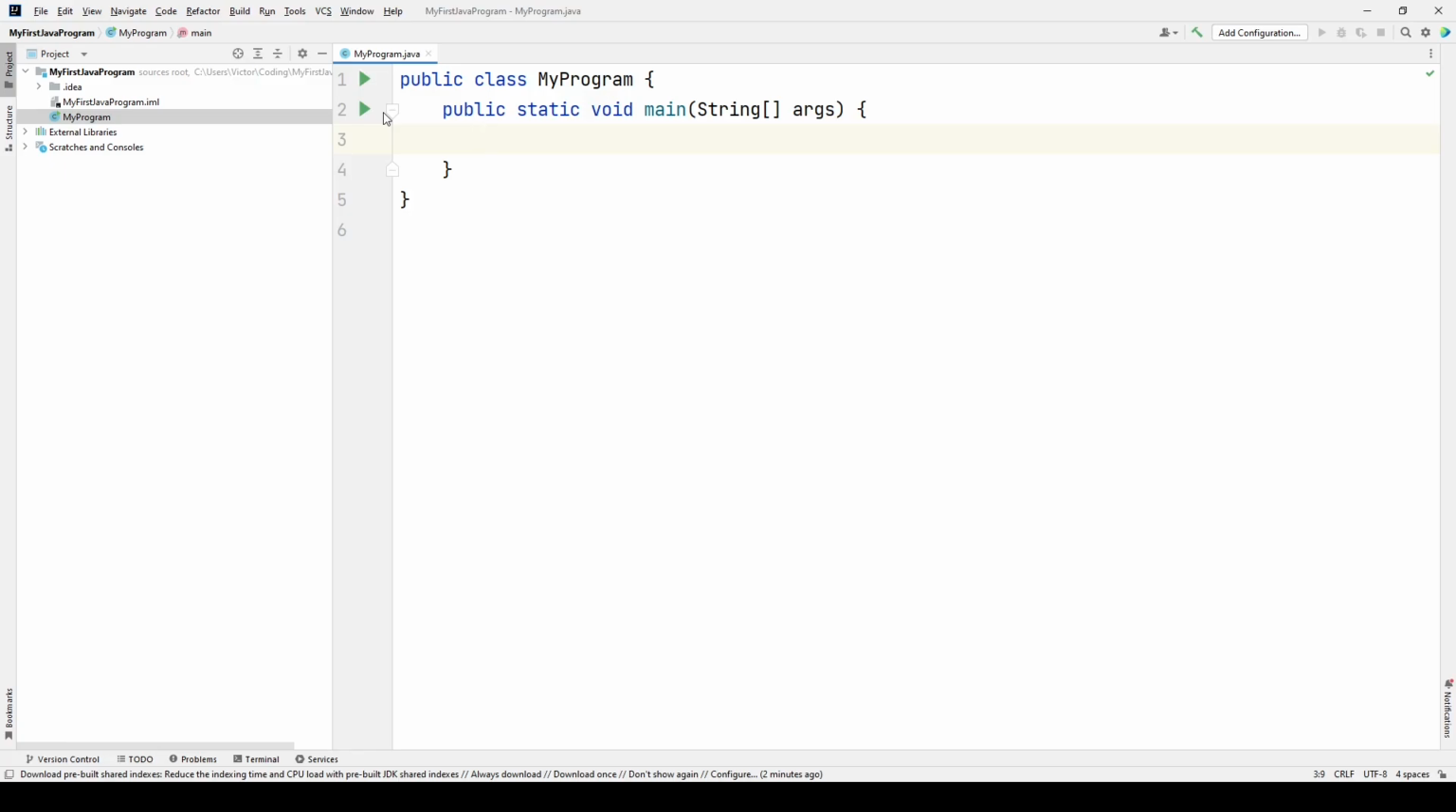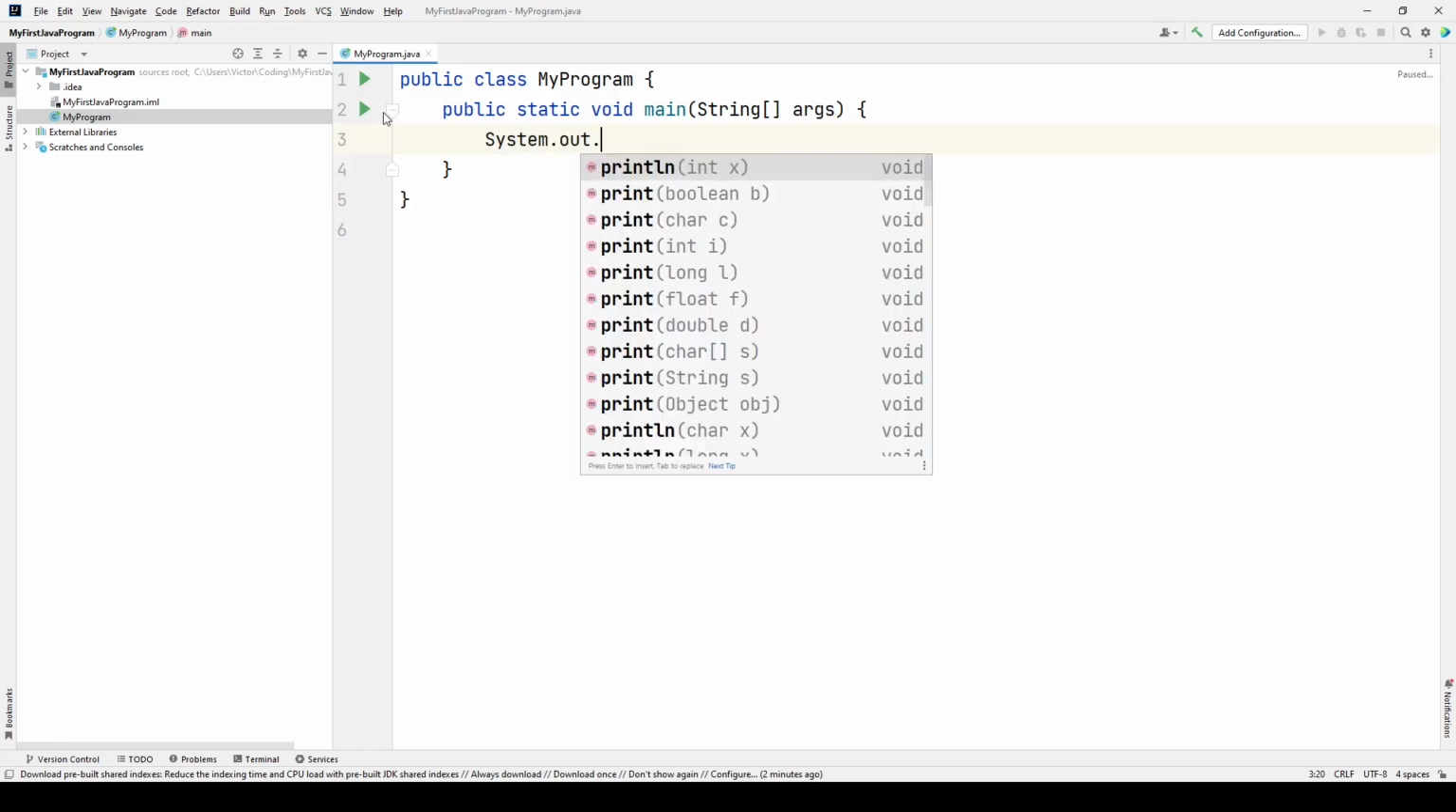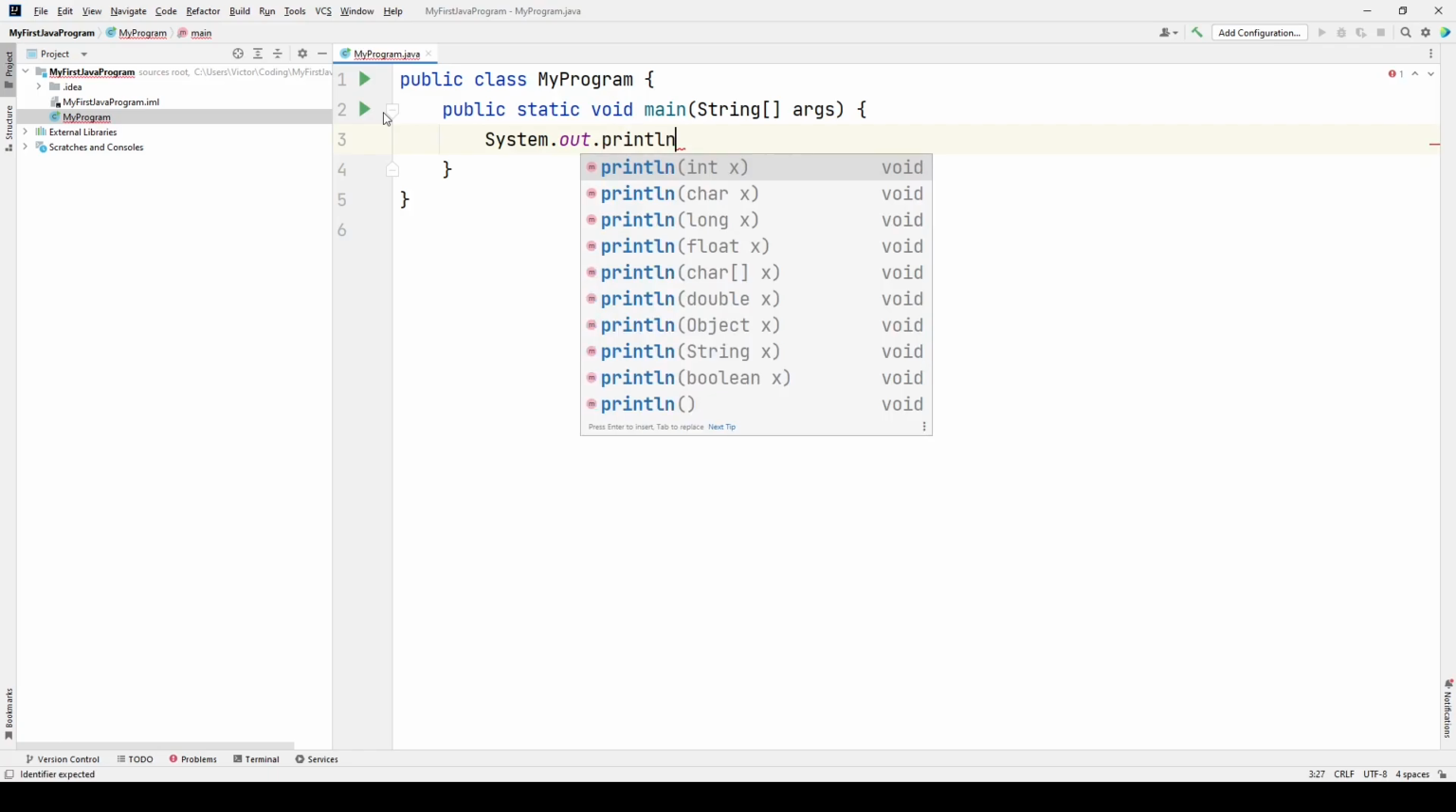Now, inside this method, we are going to do one thing. We're going to print the super popular hello world line to the console. So how do you do that? We are going to call a specific printing method provided by Java. The way to do that is we type System.out.println, which stands for print line, and we have